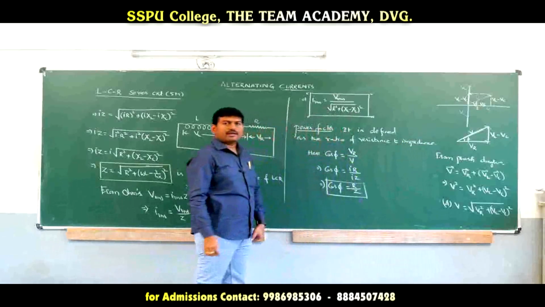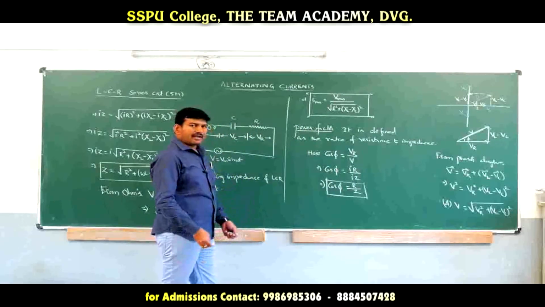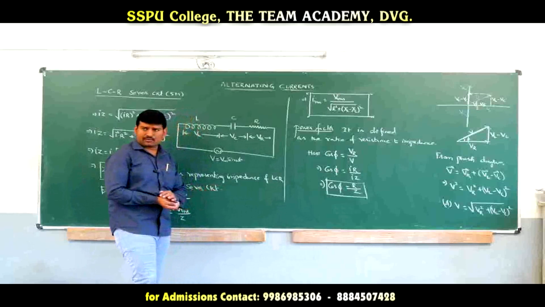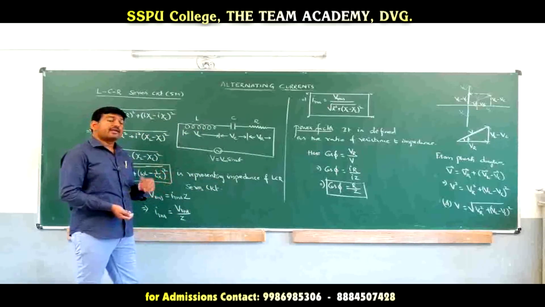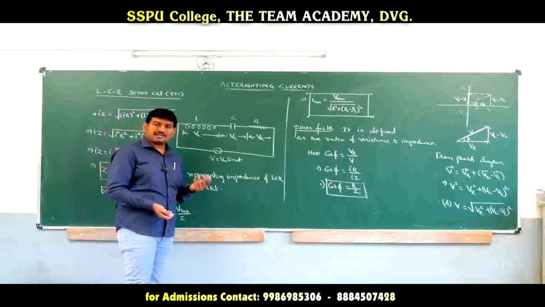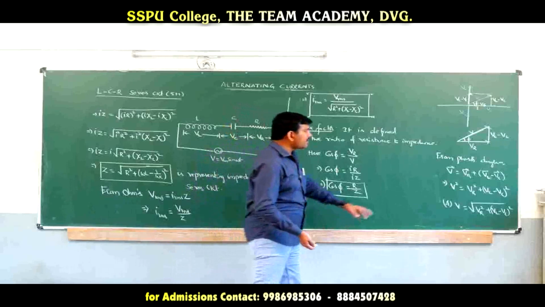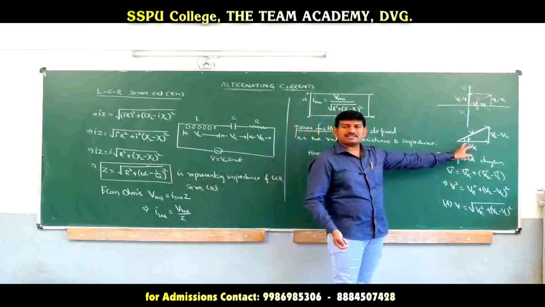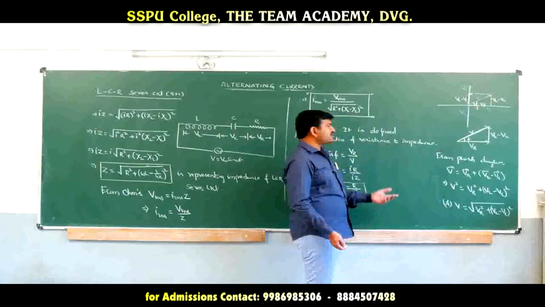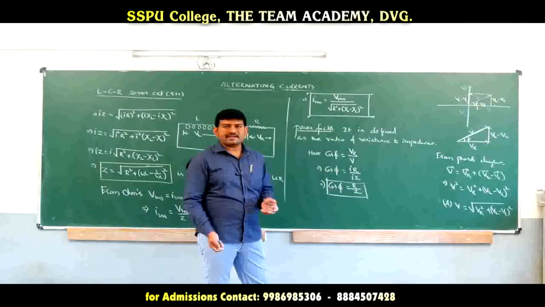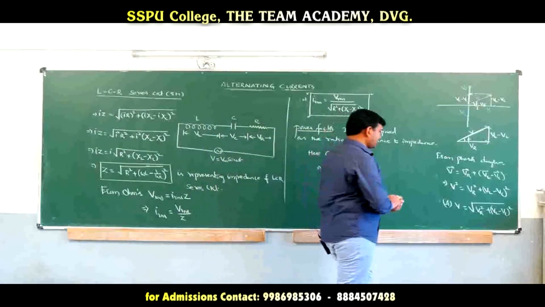It does not have any kind of units and it does not have any kind of dimensions. And now in this LCR series circuit, does current lead voltage or does voltage lead current? If current leads voltage or voltage leads current, by how much it is leading is the question. And here in this phasor diagram, phi represents the resultant phase. Then let us calculate that resultant phase, which will tell us whether the current is leading the voltage or the voltage is leading the current. That we are going to discuss here.